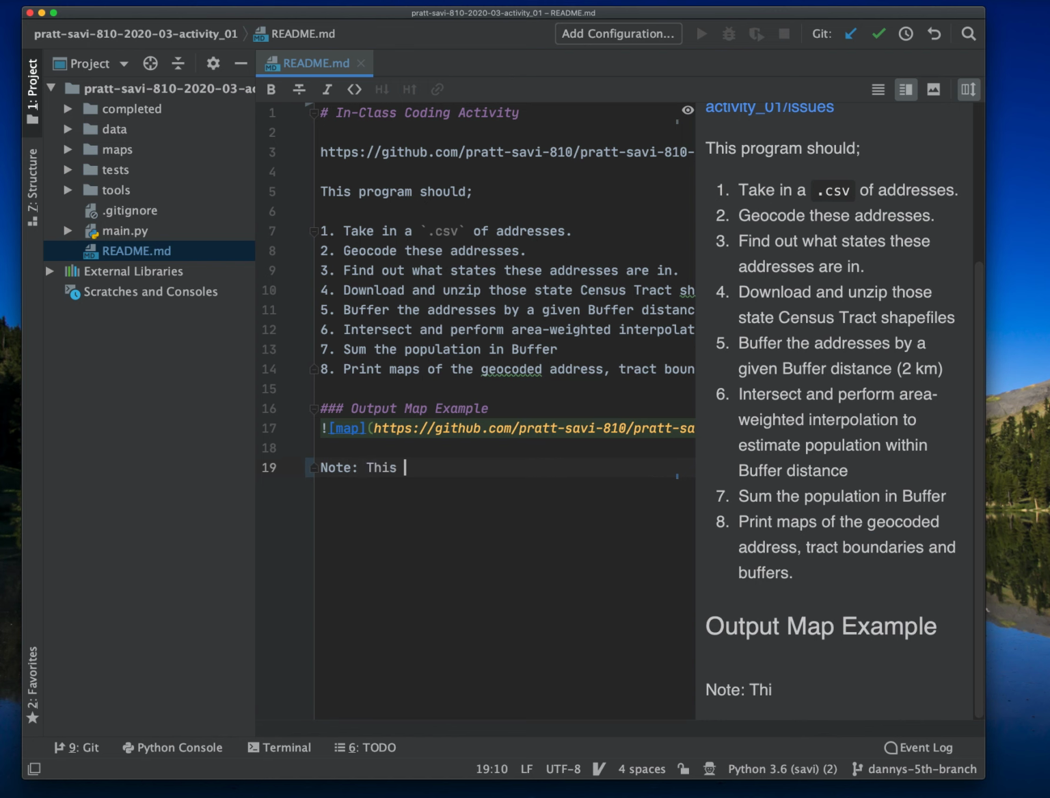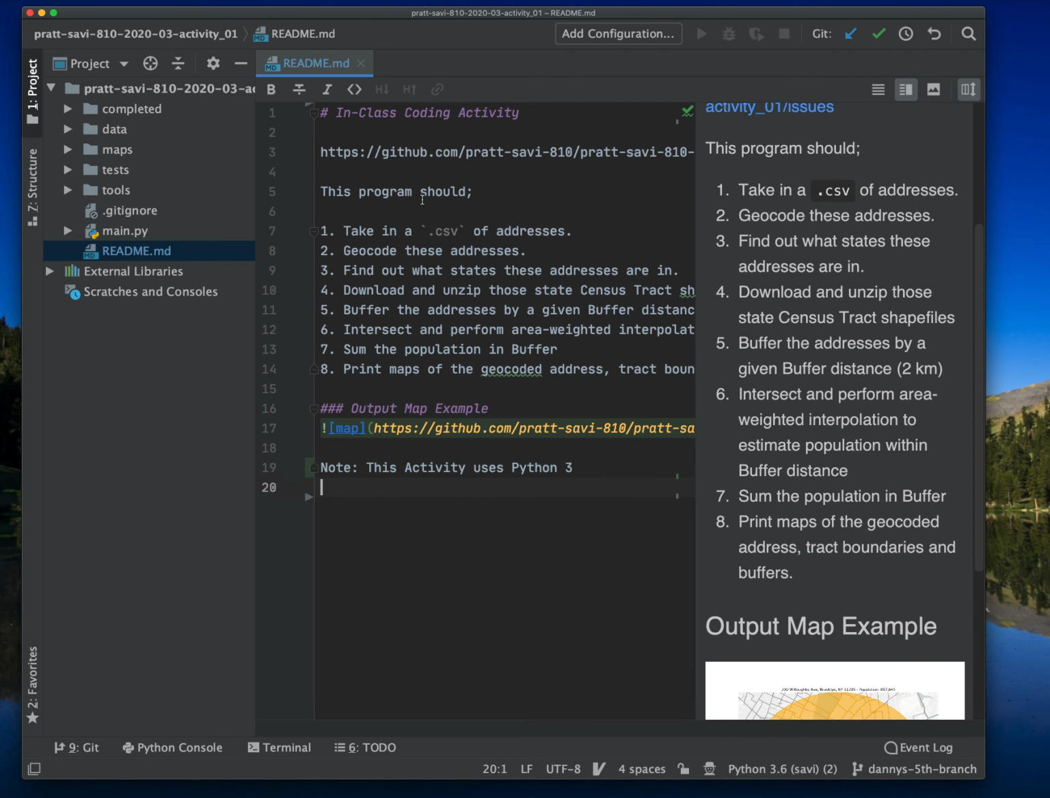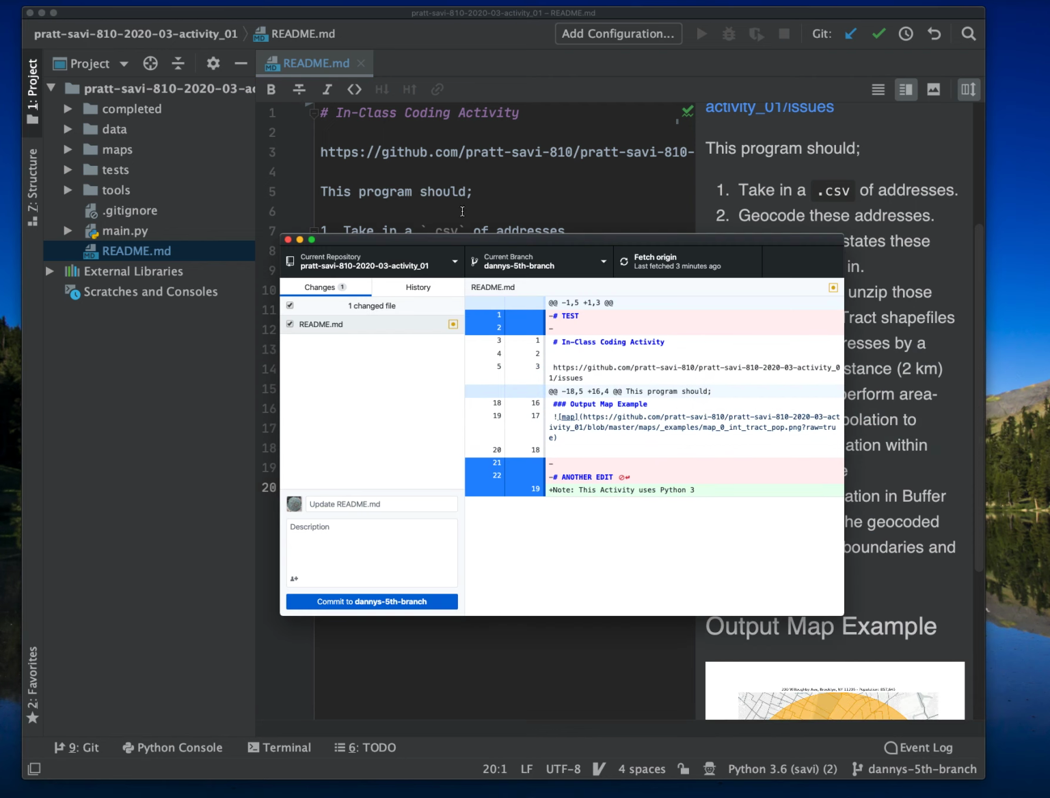So I'll just add a note. This activity uses Python 3. Okay, nothing too important, but just something to add there. Okay, so now if we look in the difference of the files, it also shows this line that we added here. Okay,